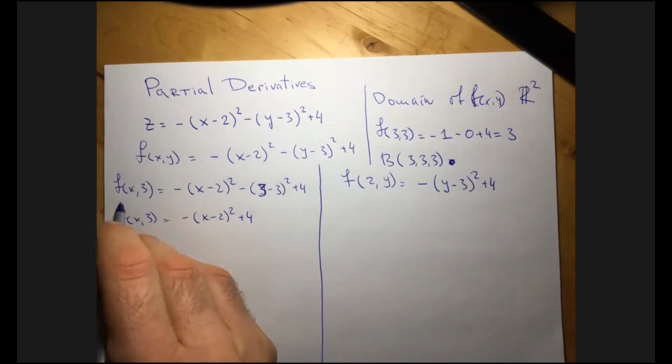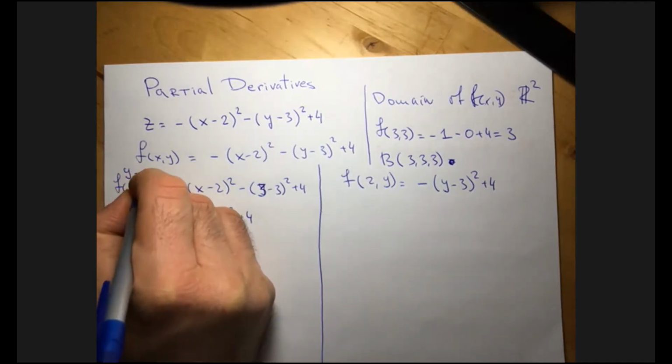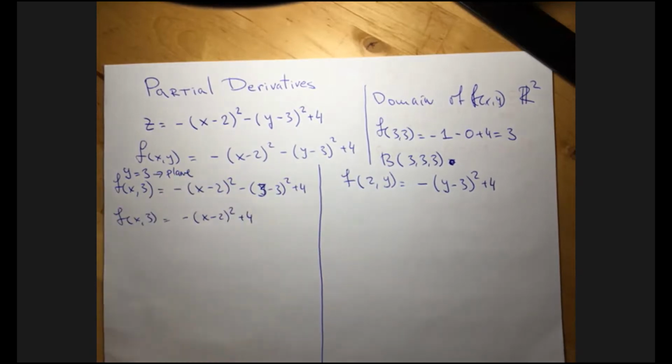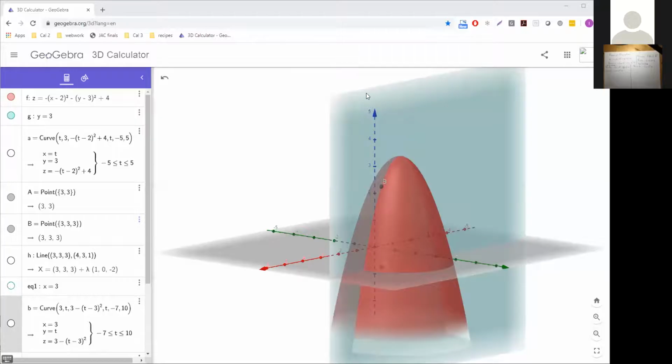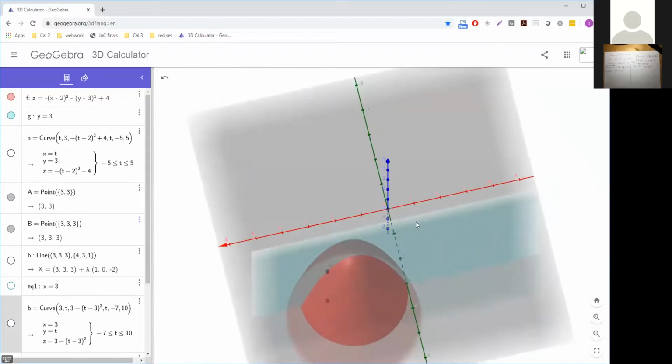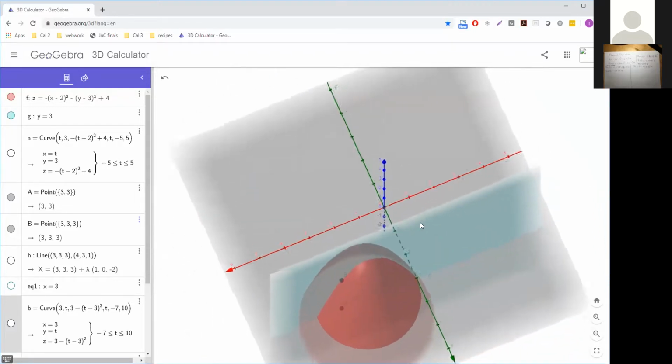So if I take y is equal to 3, this is a plane, right? So this is the plane right here. This blue plane, light blue plane, is y is equal to 3. And as you can see, look at this trace right here. It cuts the surface